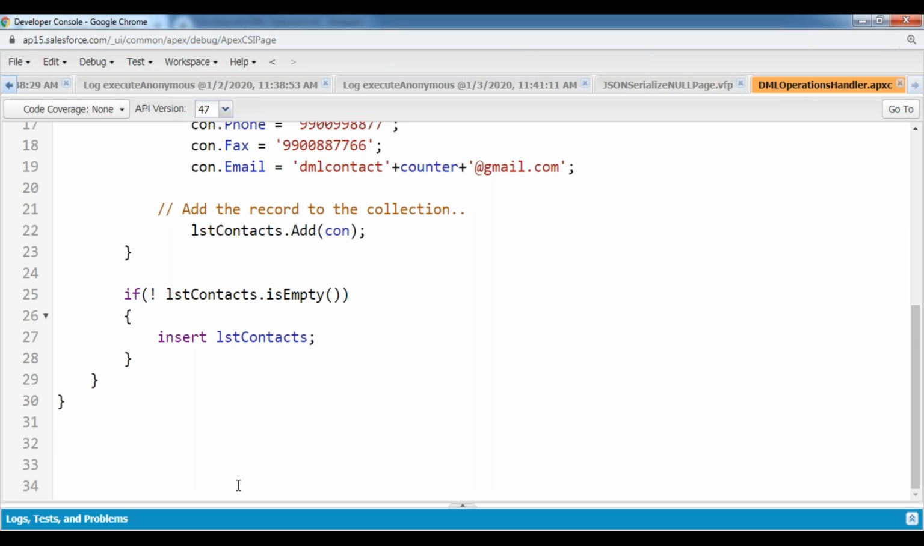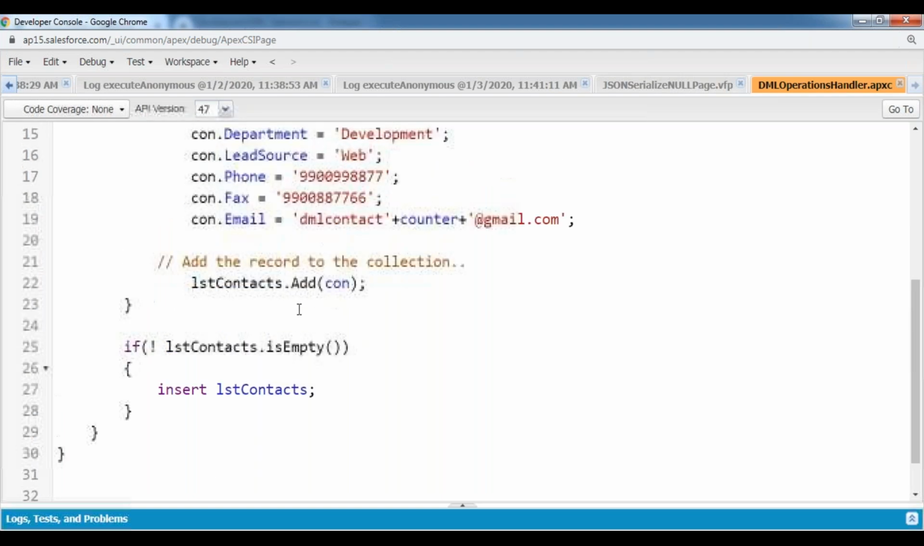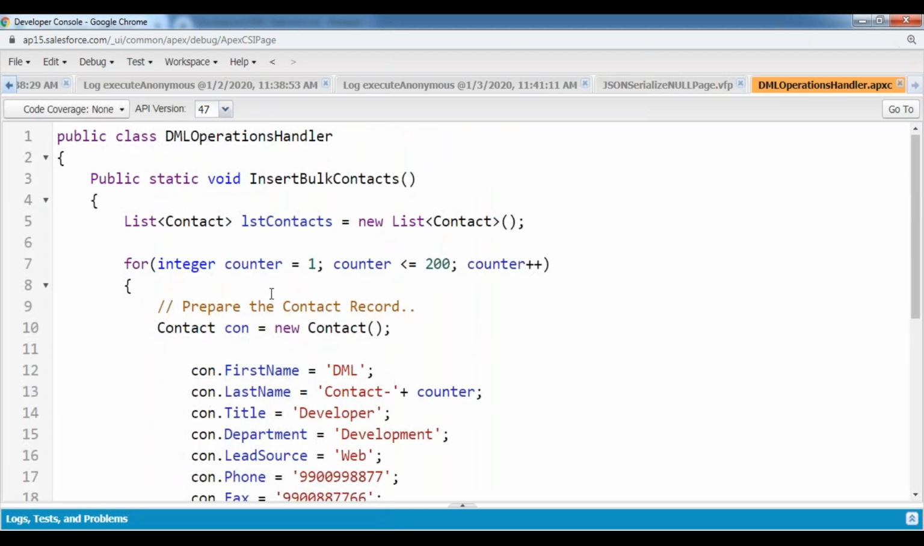Done? Done with this code? Now let me explain, let me execute this code. Let's see the results. By using this method, I am going to be inserting 200 contact records into